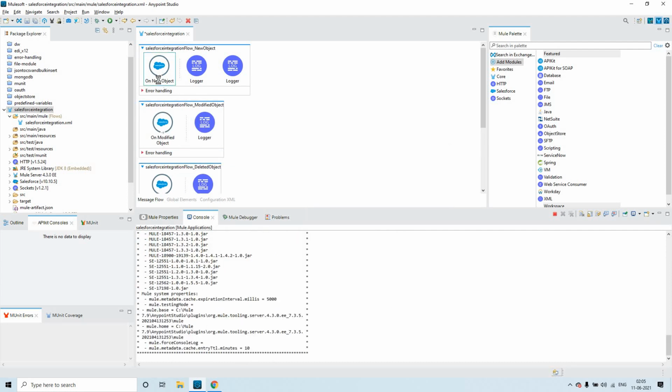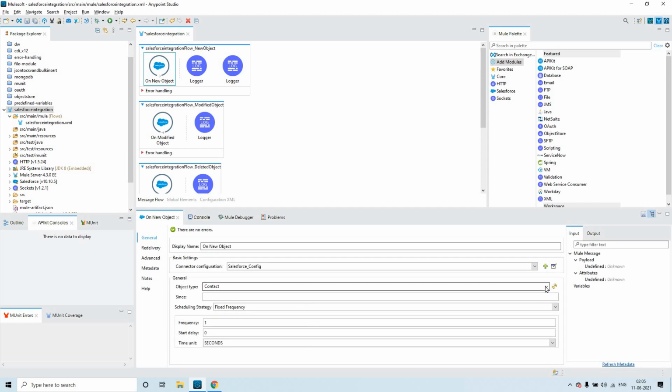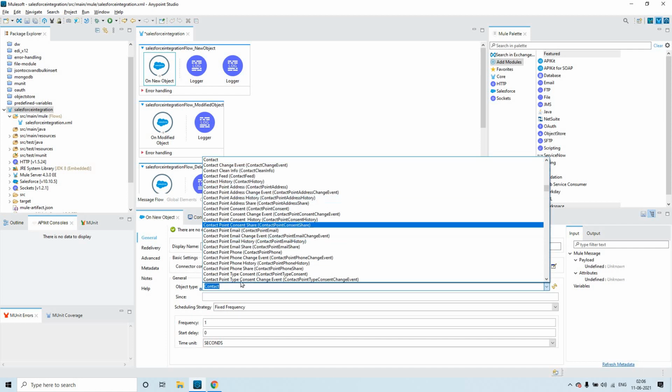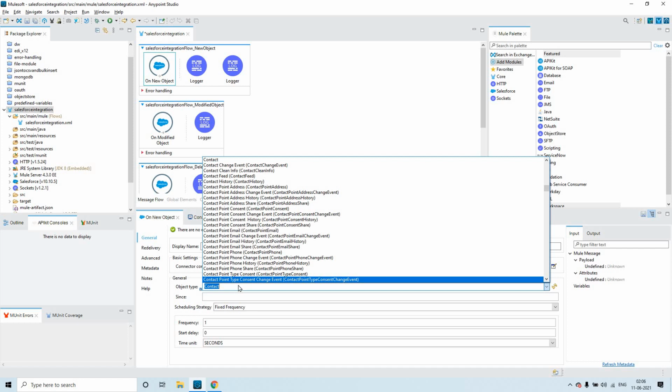You see here, if you click on this one, as soon as you enter your credentials, or as soon as you are done with the Salesforce configuration, automatically all those objects will show up in the drop down.